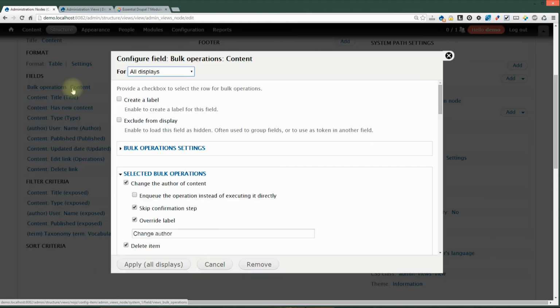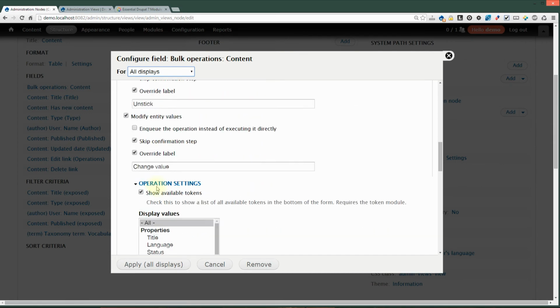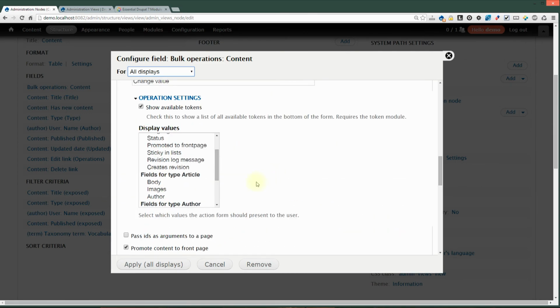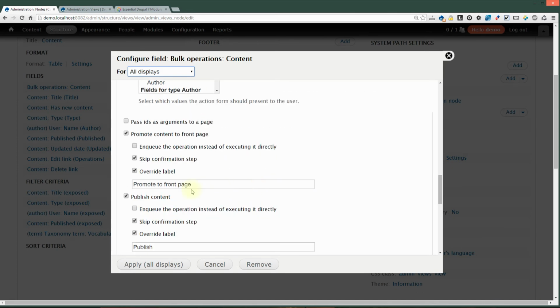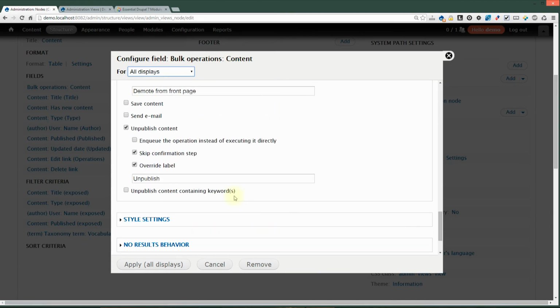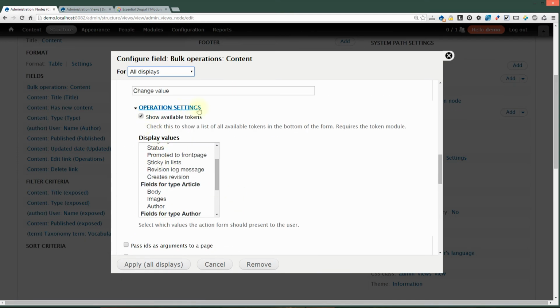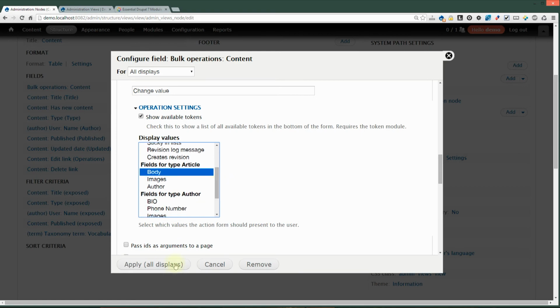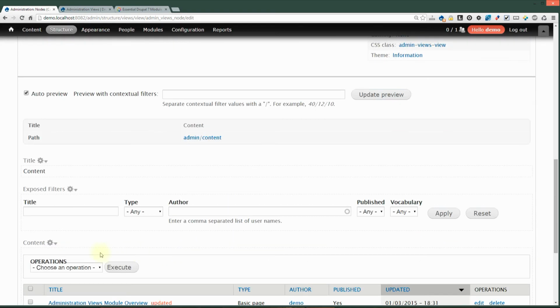So if we click that, all the normal ones are checked by default that we had without installing the administration views module. But if we scroll down under the bulk operations, we have operation settings, and we have additional operations we can add. So for example, if we look here under the fields for the content type article, we have three fields that I have set up: body, images, and author. So we could make the body field available to bulk operations. We'll apply that, and